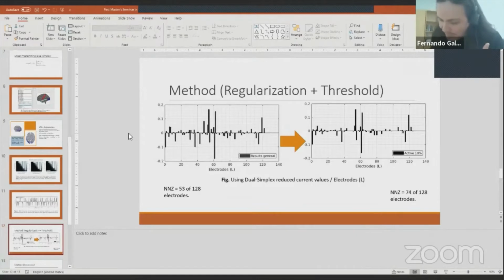For the first question, why the thresholding aspect? As an experiment, I performed this calculation of the tolerance optimization and the regularized parameters, which yield a setup of the 128 electrodes. Then I conducted a threshold across all 128 electrodes. The main reason is that since we are trying to promote sparsity based on the L1 norm and using the dual simplex method, some of the electrodes, if they're not thresholded, remain active if I redo a calculation here,